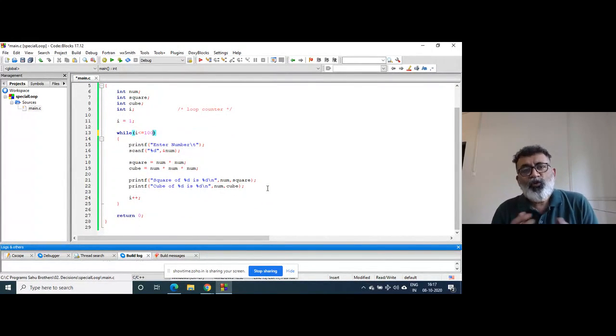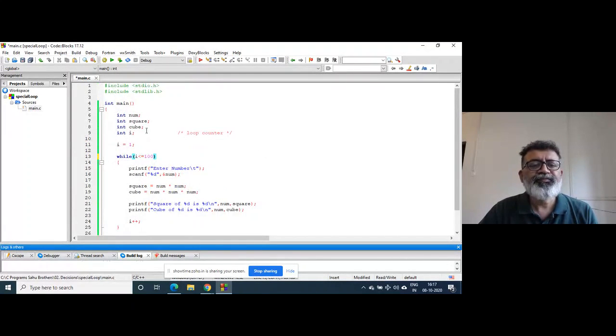Can we write a loop in the same fashion, where it will ask the user? So I will try to write that. A couple of ways are there.